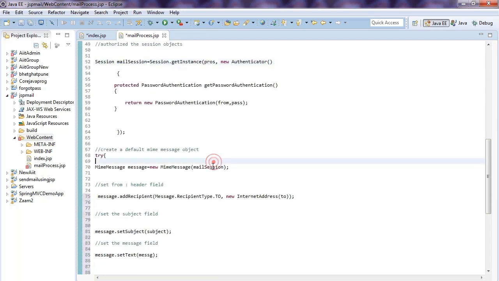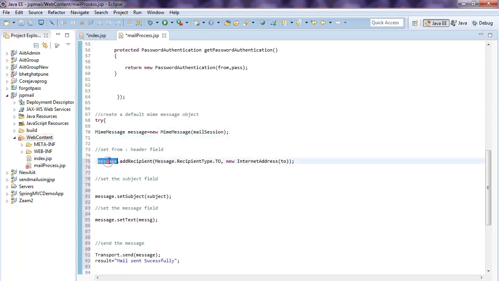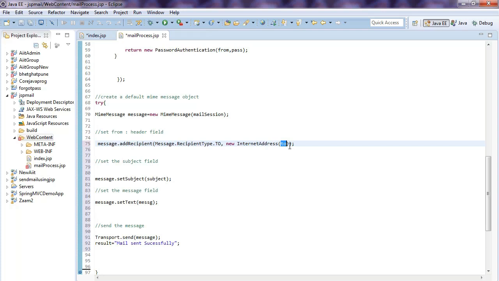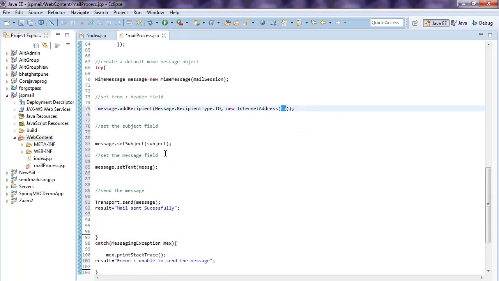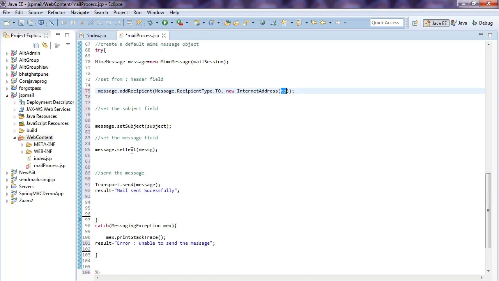Then you set the from, and the to address is given by the user, which you get as a parameter from the index.jsp page. Then you set the subject with the help of the MIME message object, and also set the text, the message taken from the index.jsp page.